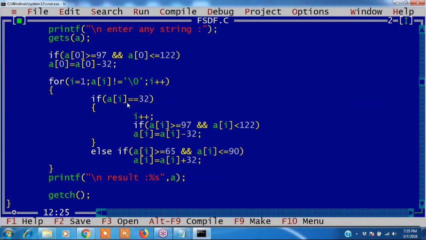If it is space, go to the next character. Hello space world you are giving. 32 means space. If it is space, after the space, the next letter we need to convert. I plus plus means go to the next letter.